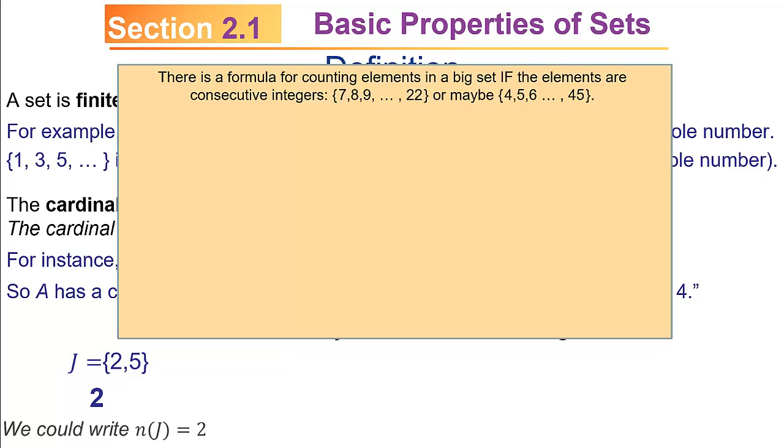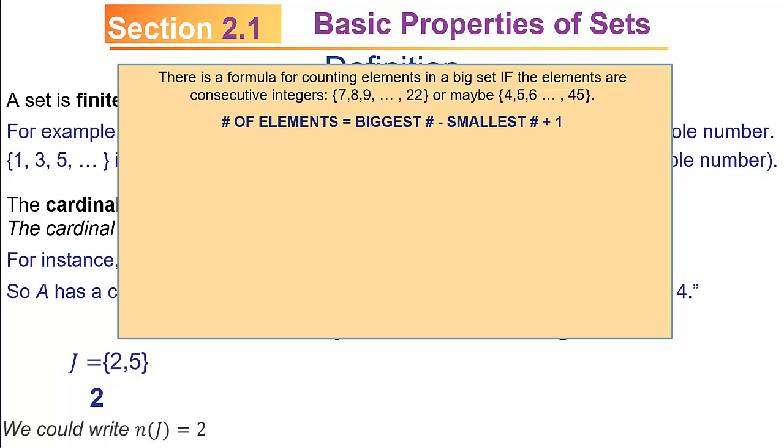Now, before I do the next one, I want to mention something that's useful in answering this next question. There is a formula for counting elements in a big set if the elements are consecutive integers. So you can kind of guess the next example I'm going to do is with consecutive integers. If you had a set containing the elements 7, 8, 9, all the way to 22, or something like 4, 5, 6, 7, 8, 9, 10, all the way up to 45, there's an easy way to count those,